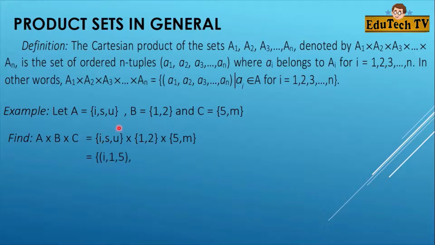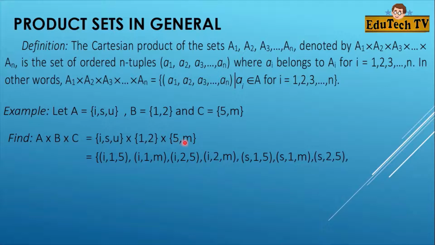Next, I 1 M. The next, we have to proceed with 2: I 2 5. Then we have I 2 M. Next, we proceed to S. We'll have S 1 5, then S 1 M. After that, we're going to proceed with 2: S 2 5,